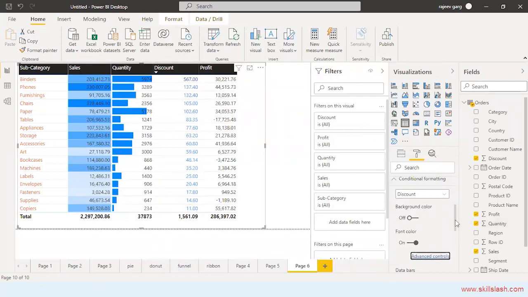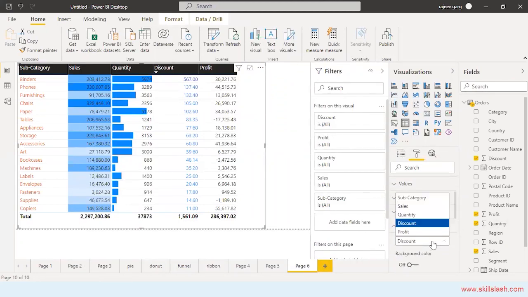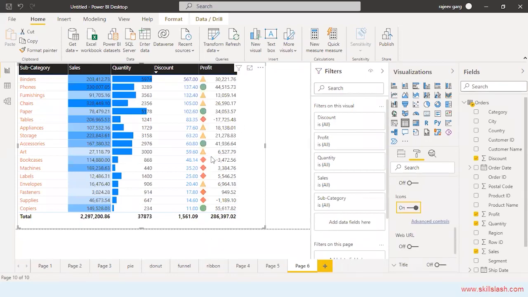Right. Then let us say I also wanted to format conditional formatting on the profit over here. So I can go over here and I can display the icons over here. So you are getting some icons over here, which is indicating, let me click on this.